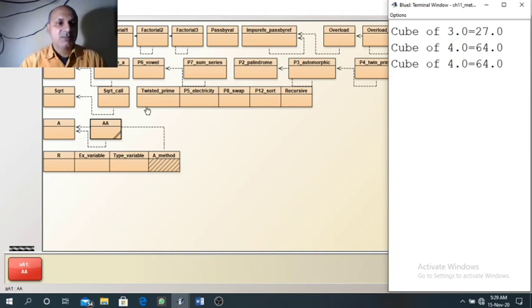Same package in the sense both the classes are contained in the same folder, that is why they are in the same package. But if the class AA belongs to any other package, in that case cube cannot be used in another class. So to use a class in another package, to use a function in another package, we must use public.